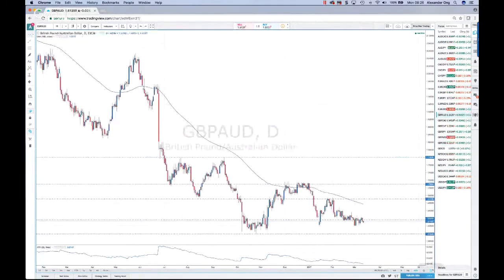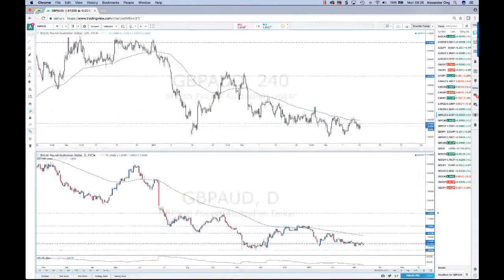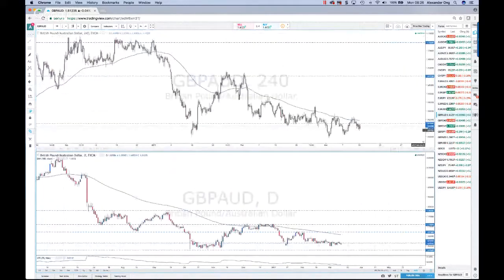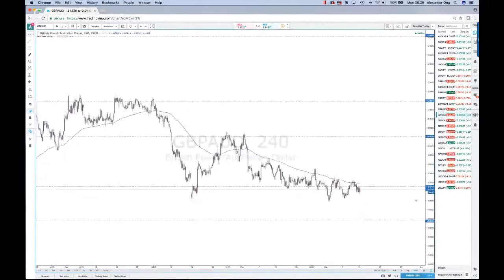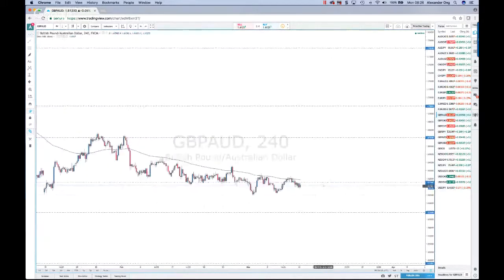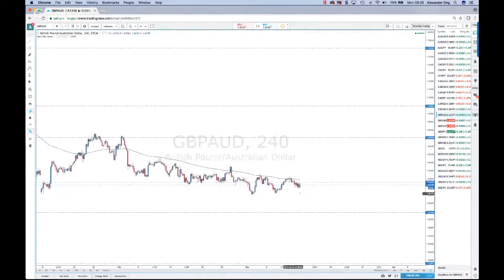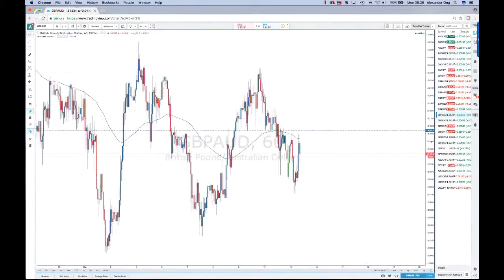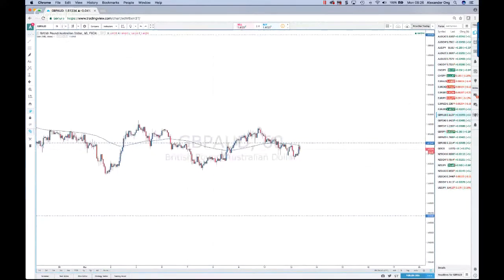Pound Aussie, oops, jump straight back in there. With the pound Aussie, there is not a great deal. It's holding beneath this level, so you would have to be bearish while it holds beneath that level there. Looking for an actual trade, you might have to come down to a shorter term time frame and say perhaps getting a break of this area here, or even go shorter still to like a 1 hour time frame that we have here, and take some sort of a trend line break